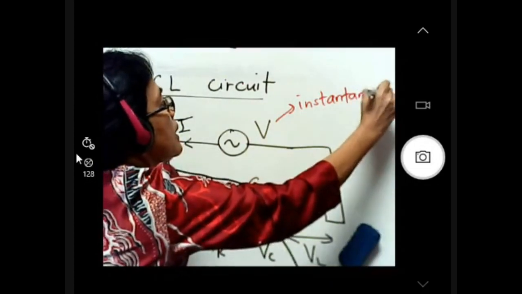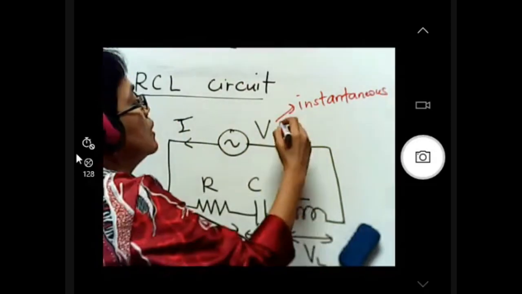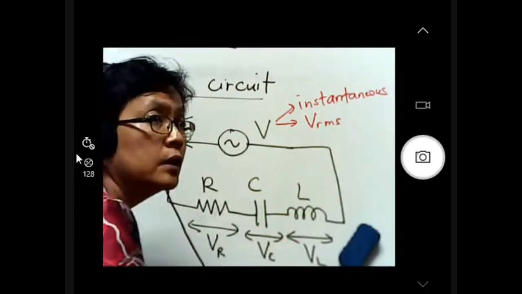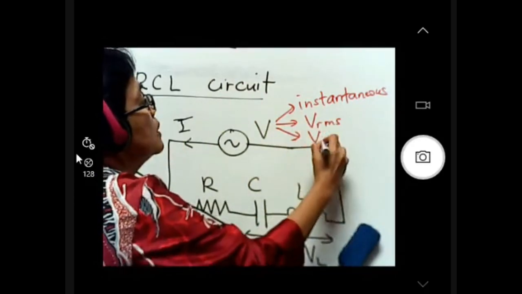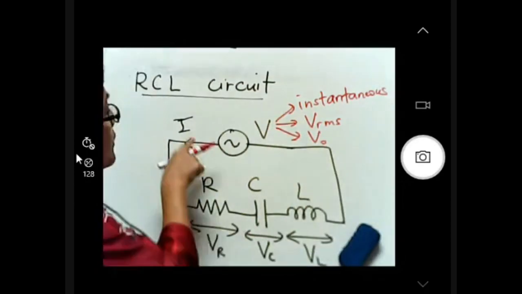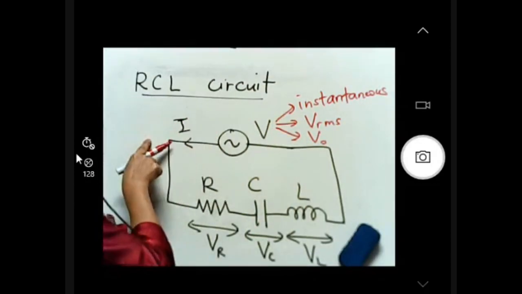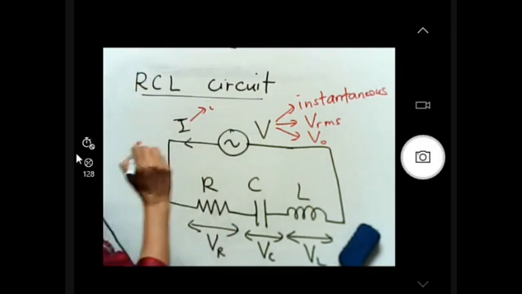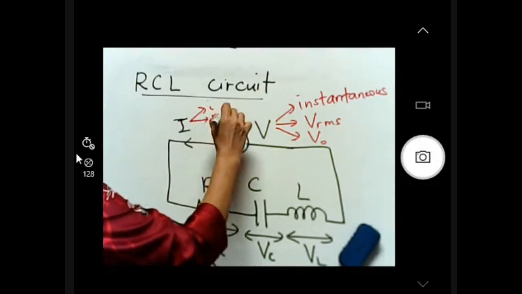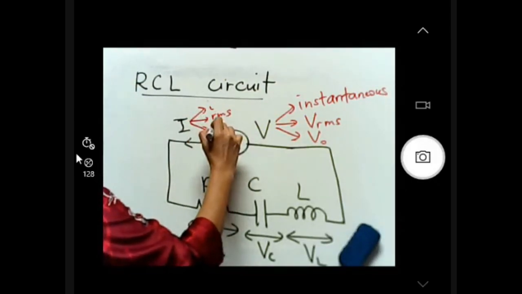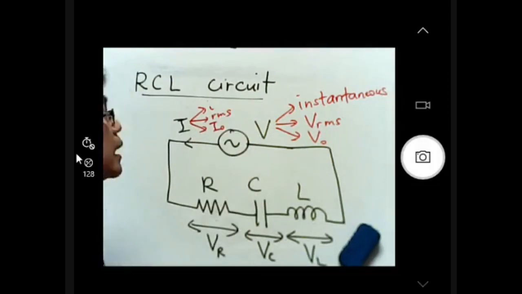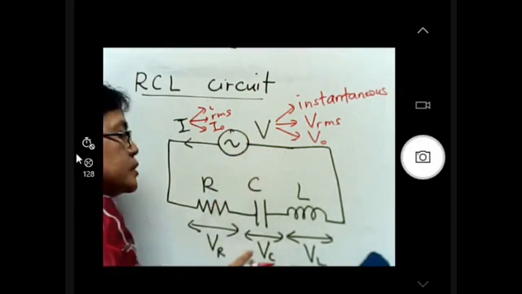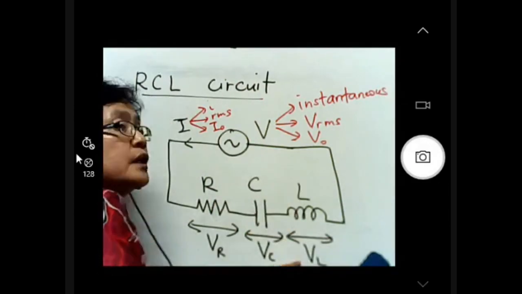Instantaneous. Alright. So the second value will be the root mean square value, meaning the effective value. And the third value will be the maximum value. The same goes for here. This one also the same. You have three: the instantaneous value, the root mean square value, and also the peak value. Also the same goes for voltage across resistor, voltage across capacitor, and voltage across